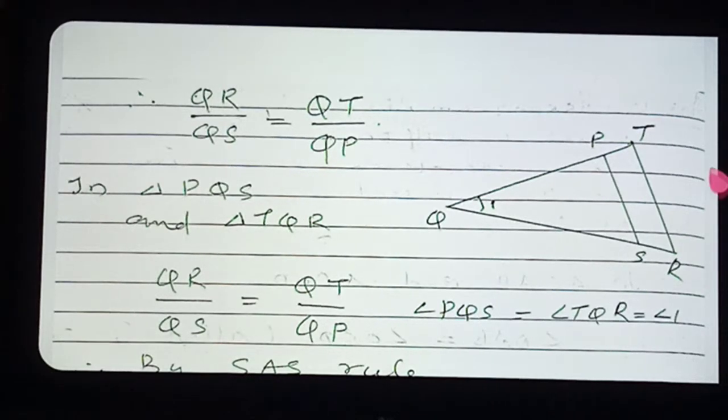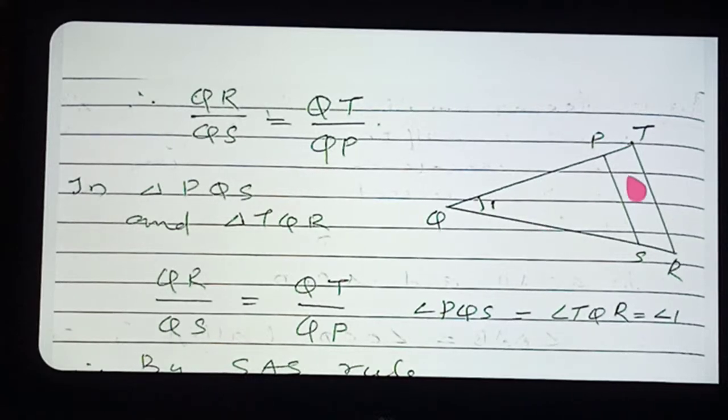Now see this diagram. I have drawn this diagram once more separately for your convenience only. No need to write it for the exam; otherwise, if you need, do it on the rough page. So here you see, you want to prove that triangle PQS and triangle TQR are similar. So you take those two triangles: triangle PQS is the inner triangle, and the outer triangle is TQR.